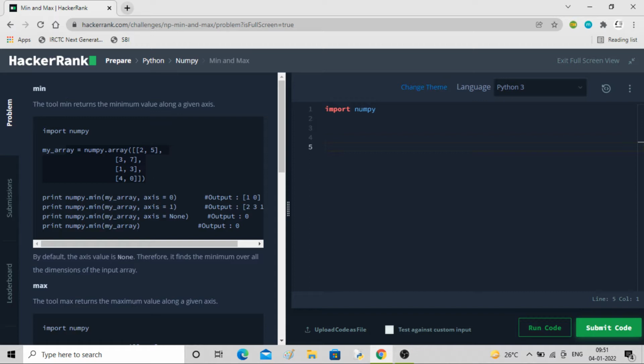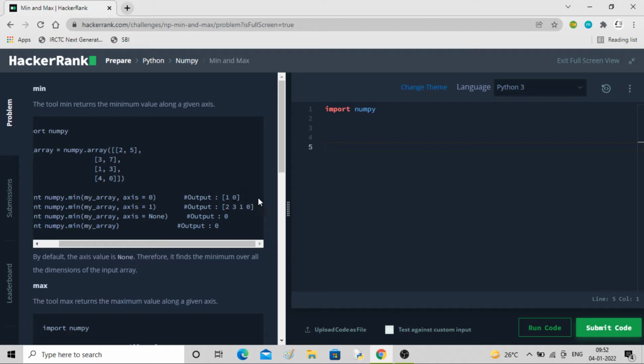Now here you can see if you apply numpy.min to the array with axis 0, it will see all the elements at axis 0, this 2, 3, 1 and 4, and it will calculate the minimum of it. Minimum is 1, so here you can see 1. Then next it will see this element, this element, this element and this element. Out of all 4, which is the minimum one? 0. So 0 you got here. That is when axis you put equal to 0.